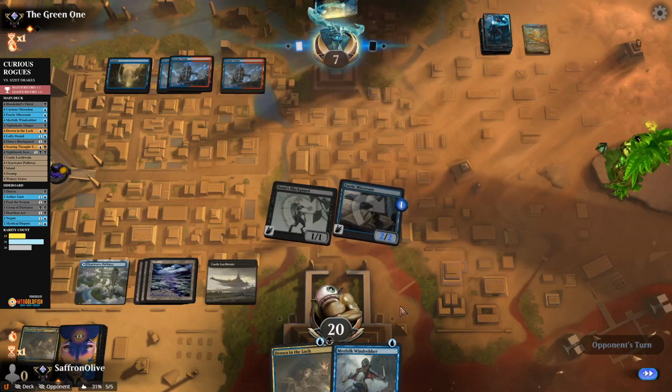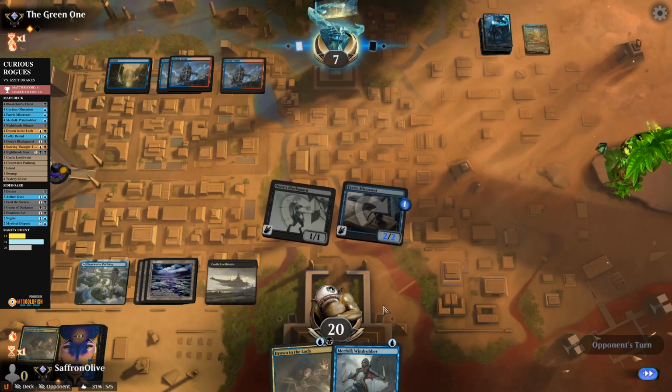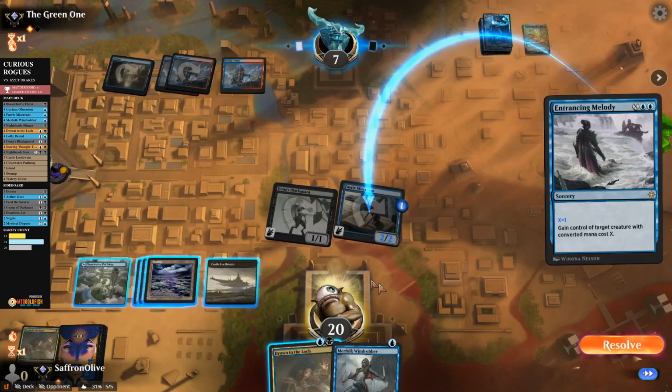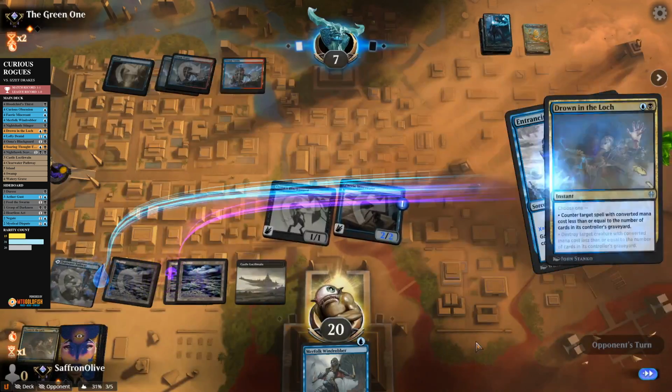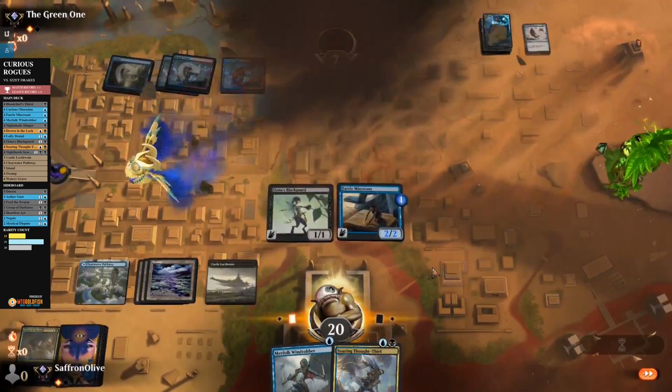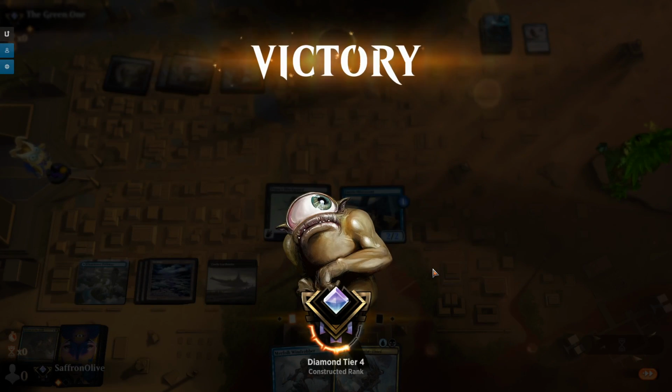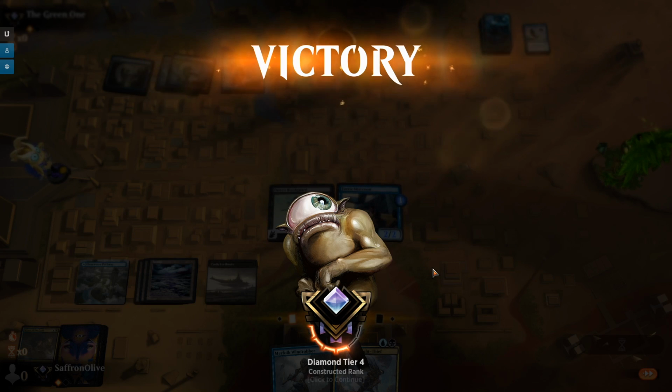Opponent. Untap land. Oh, come on. Run it out. Run out Crackles into this Drown in the Lock. Entrancing Melody on Miscreant. Yeah, I mean, counter it. Sorry, Thought Thief. All right. That went pretty well. I mean, our opponent mulliganed in game 3, but we beat him fairly in game 2